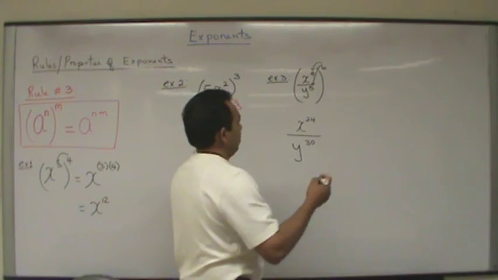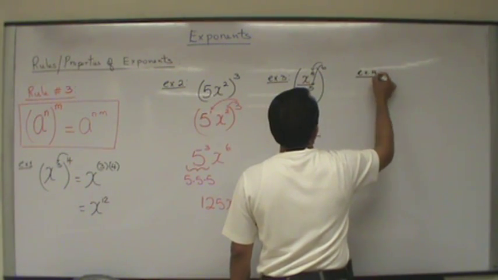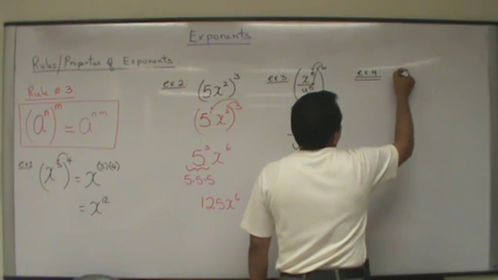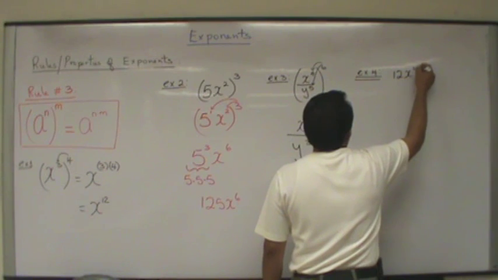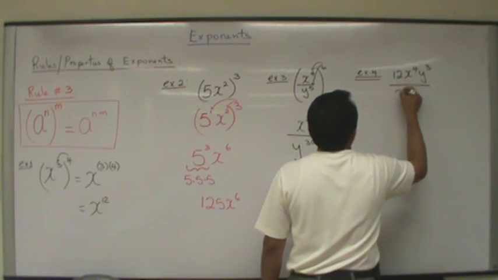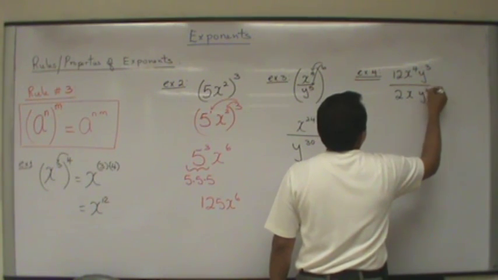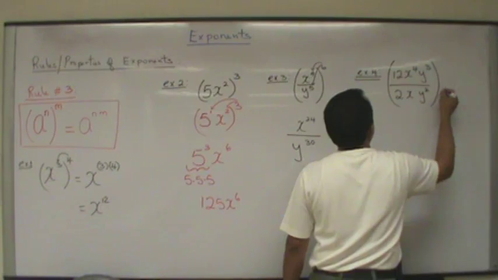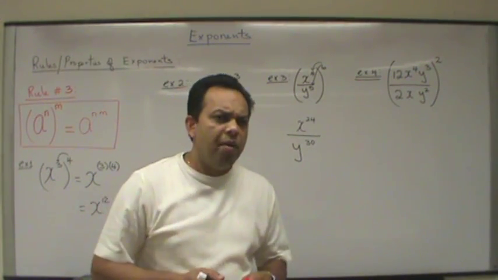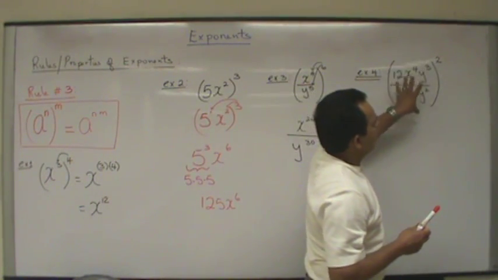Looking at another example, example number 4. How about if I have 12x to the fourth, y to the third, divided by 2x, y to the second, all of that raised to a second power. Now it looks very complex, but if you notice, we can look at the inside of the